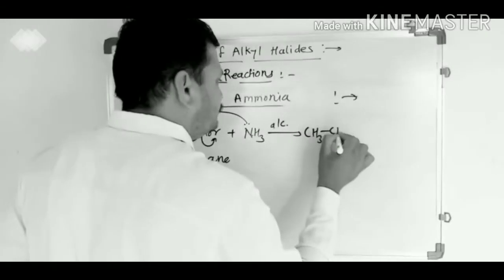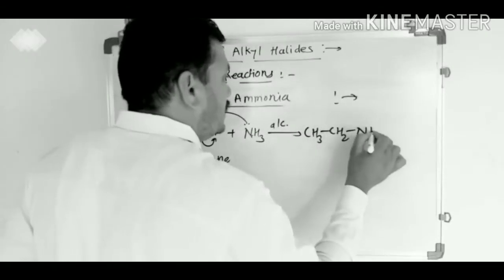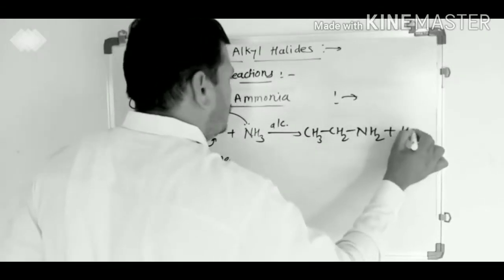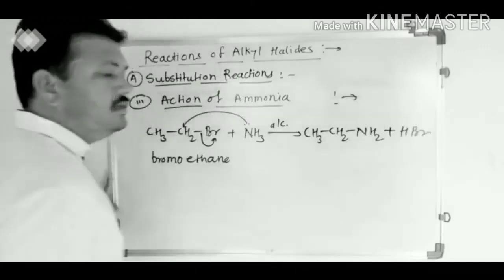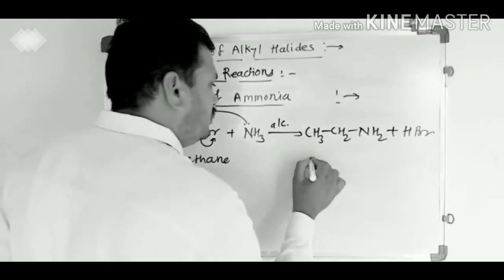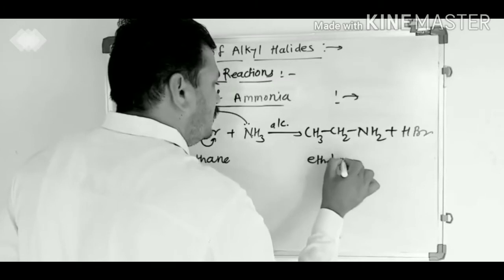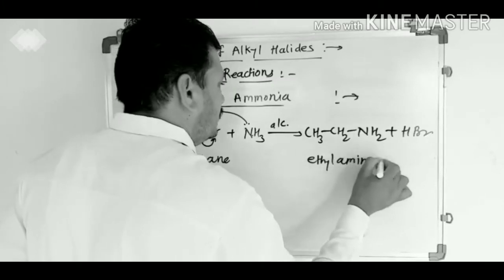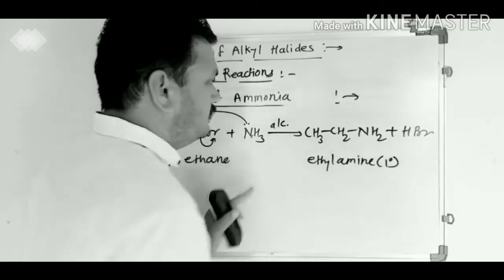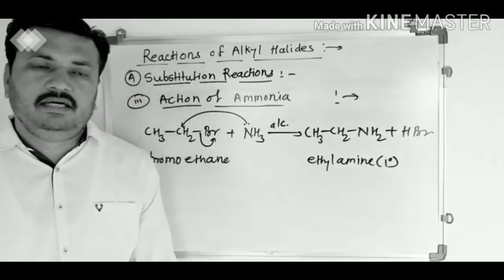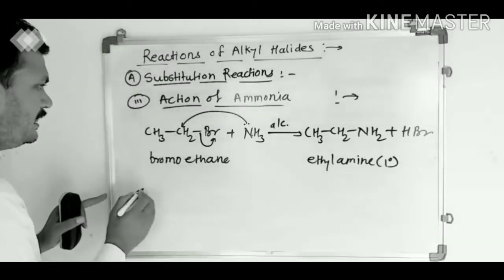CH3CH2NH2 plus HBr is the byproduct. Formation of ethylamine, and it is the primary amine. Formation of primary amine takes place. Similar example,